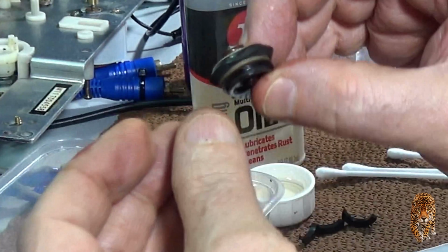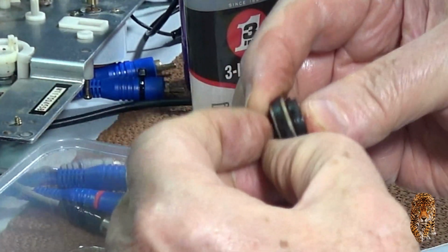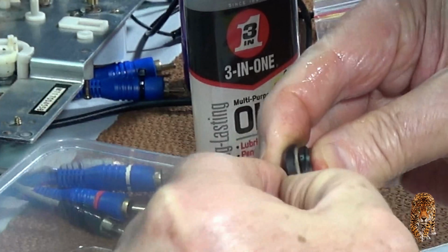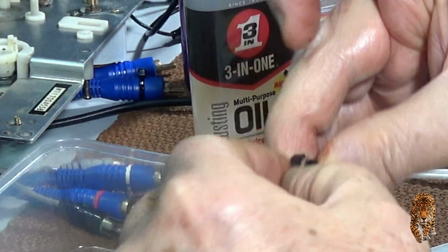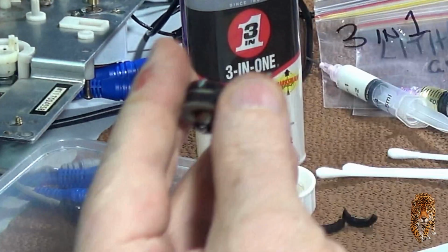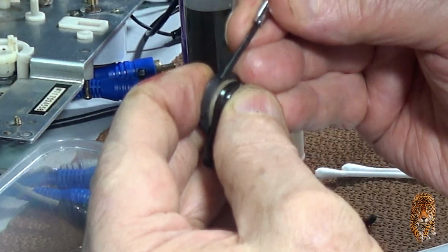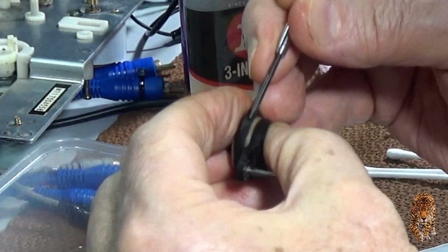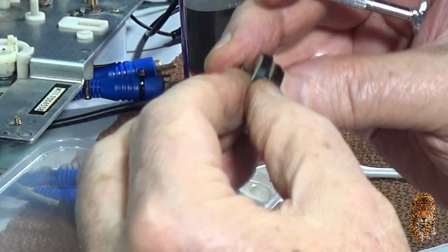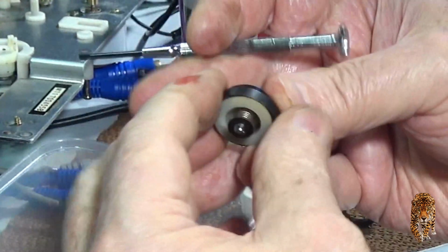Now it always gets into this triangular view, so you have to sort of coax it to go down straight. Imagine how hard it would be without the grease. It would not want to go down at all, and it's extremely difficult. But with a little bit of the grease, yeah, so even though it's still